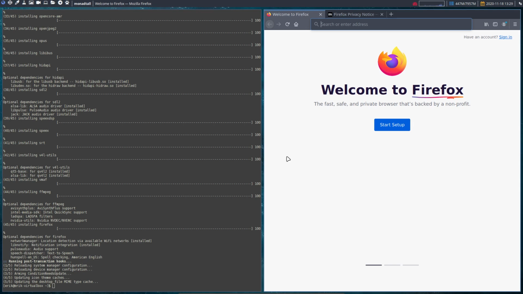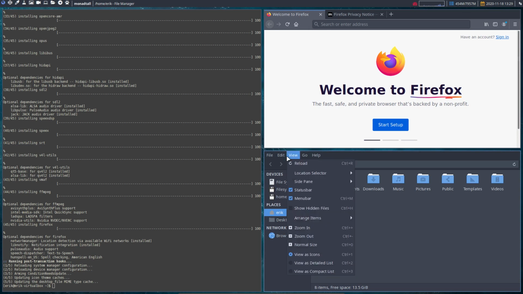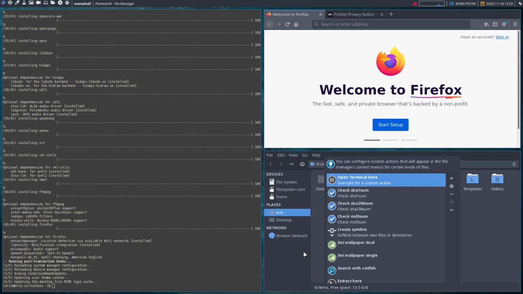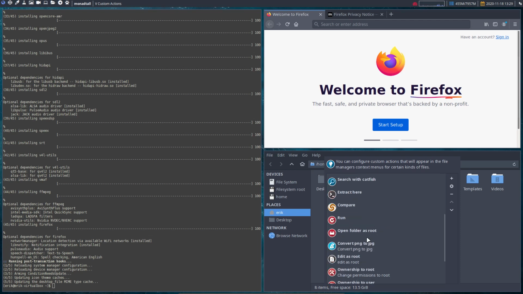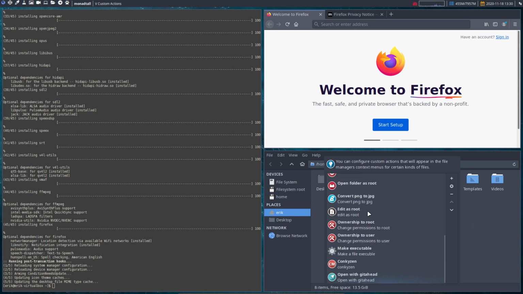Is tuner there? Super Shift Enter. Oof, I have my tuner, but do I have also the custom actions? Thank God I have, right? Because if you're on Arch Linux, so phase 5 of our learning phase, there's only one line. Open terminal here, I think it is, and all the rest is not there. But it's all the rest that we kind of love, right? It makes it so flexible because of that. Now what I'm gonna do,